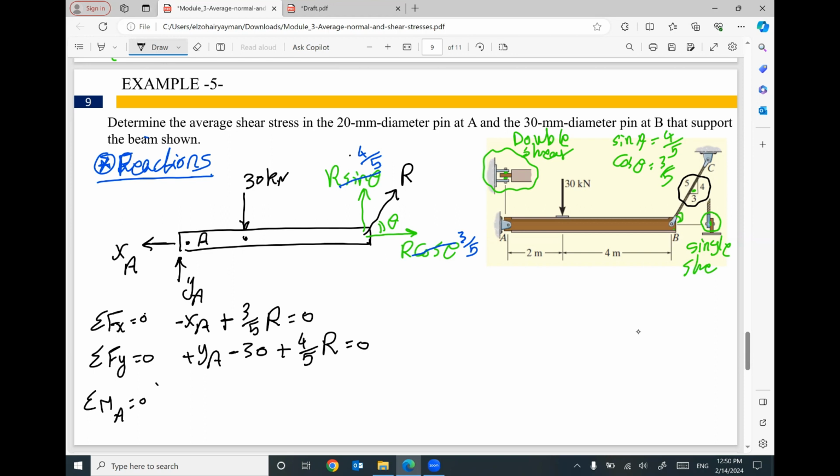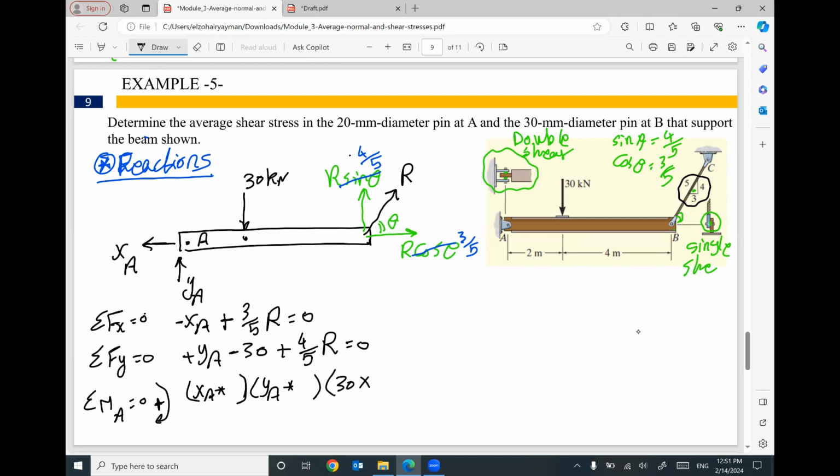And that equals 0. I'm going to assume the clockwise direction is my positive. This part is the engineering mechanics part to figure out the reactions for this beam. If you take moment at A, so XA times distance, YA times distance,